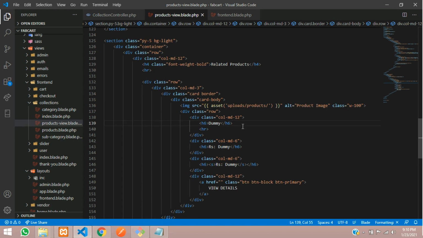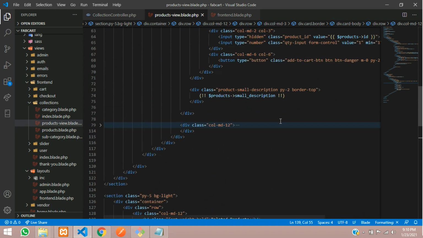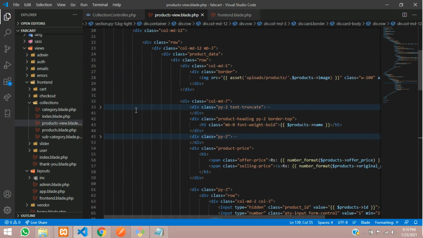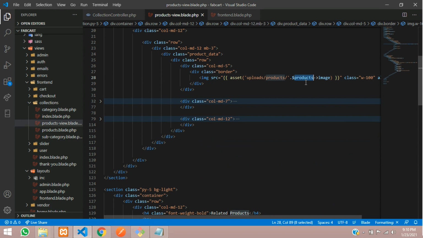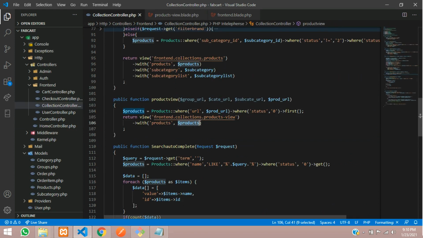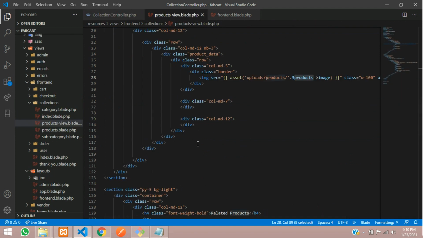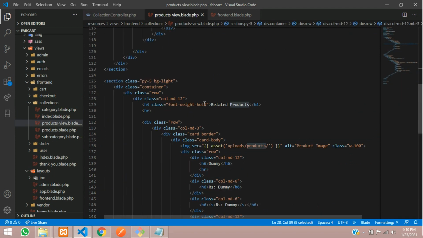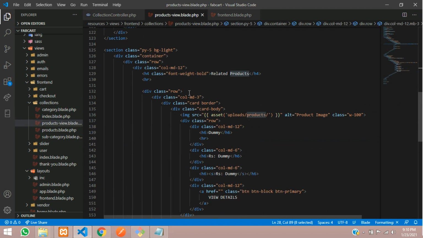Let's move to the top, and you can see the variable passed as product. This variable is passed from your product, so we'll use it and view the data. Let's copy that and use a foreach loop to print it.